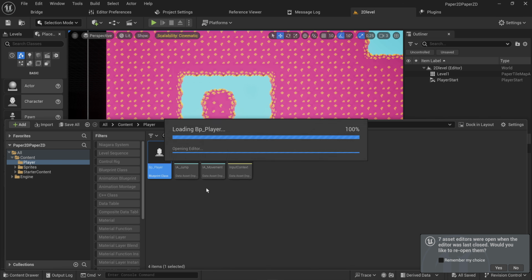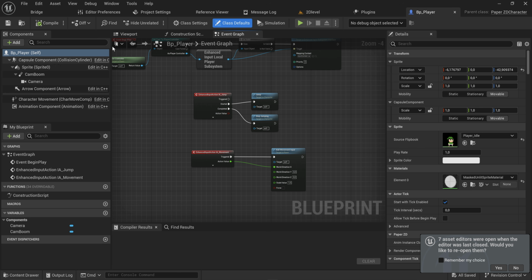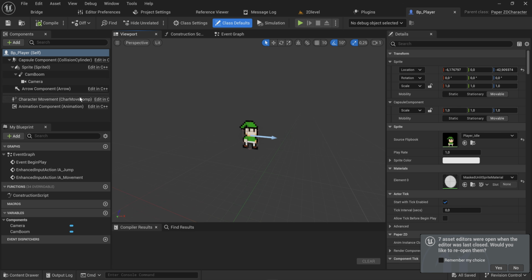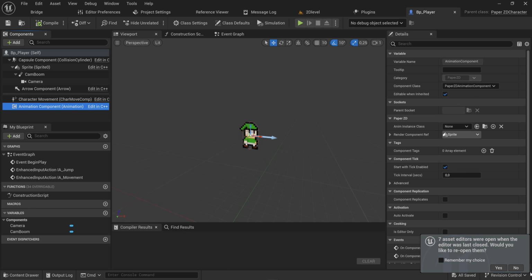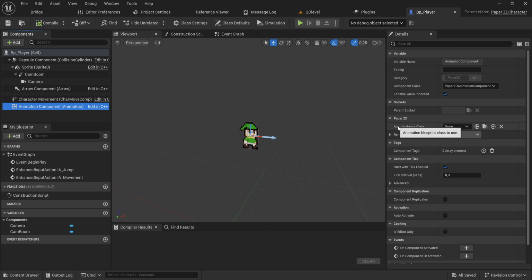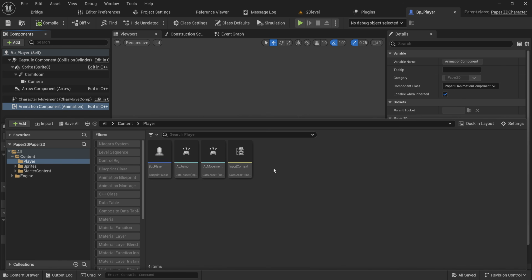I have my player character here, which is a PaperZD character like we made in the last part. And the reason that I made a PaperZD character is because it comes with this animation component. And an animation component can have an animation instance class. Again, much like we have with animation blueprints. There's a little bit of a difference going on here, though, and that is that we need to make a